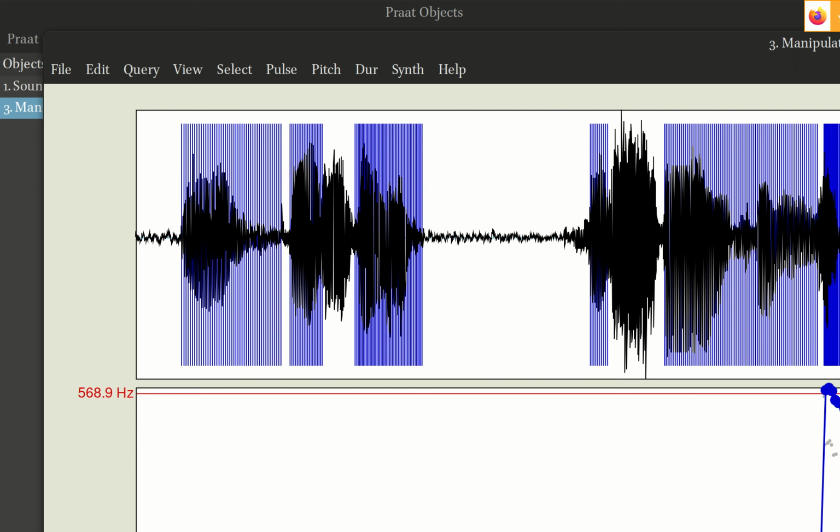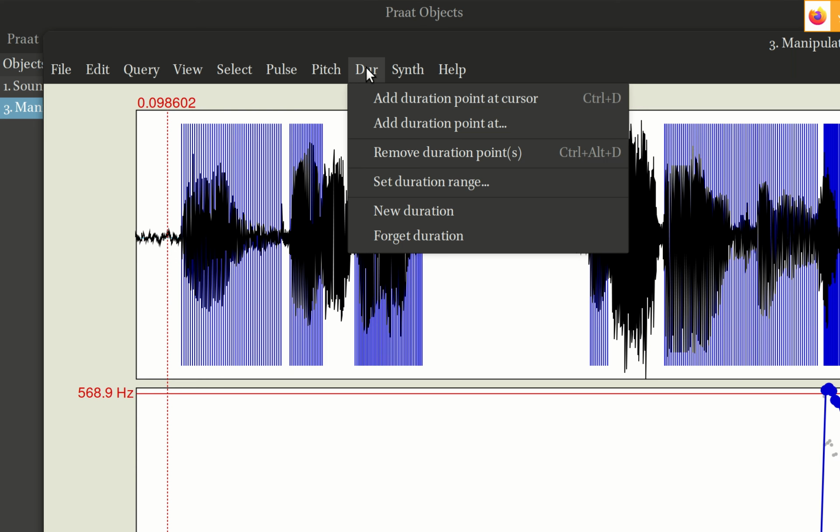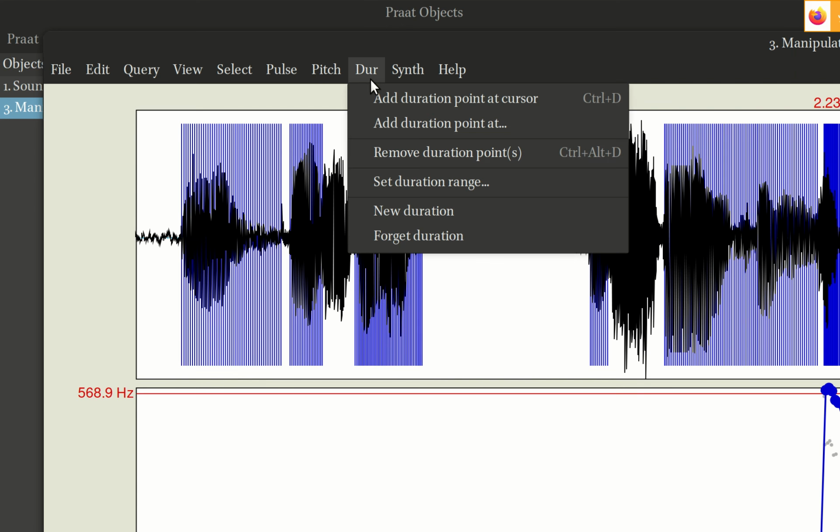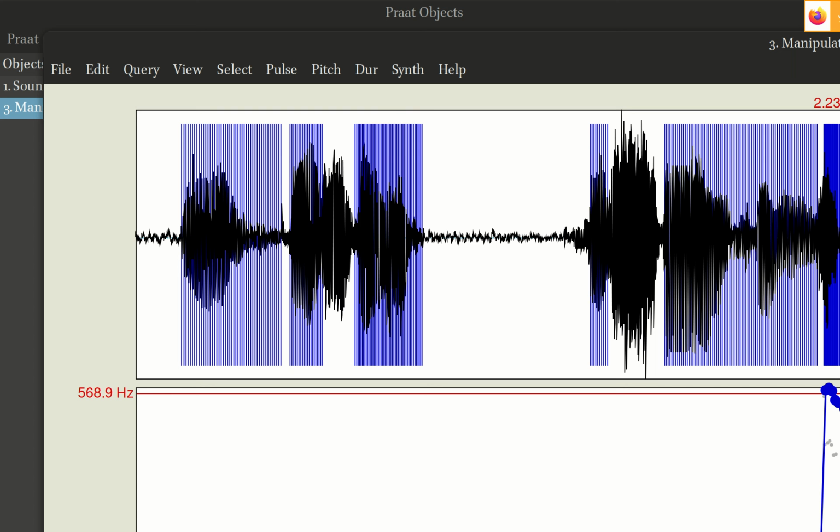So this is the change in pitch, and the lower bottom part is about changes in duration. This reddish line is annotated with 1, as you see, and this is the normal duration of your recording. But you can add some points: Duration, add duration point at cursor. Maybe let's add it here also. And here, and then I want to drag it and put it down, and it will slow